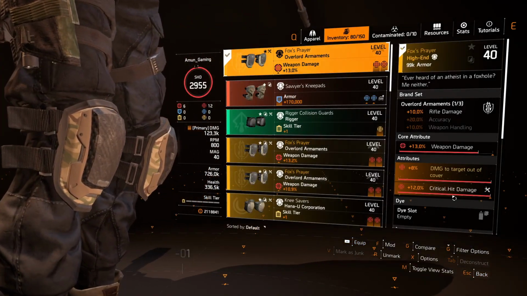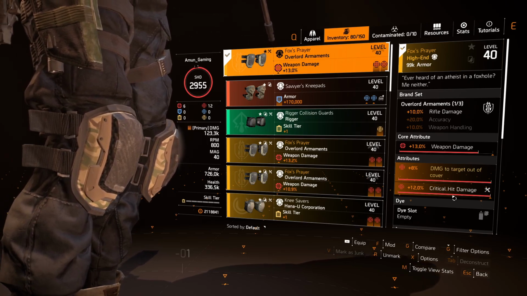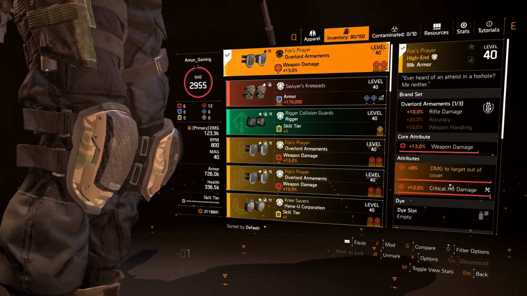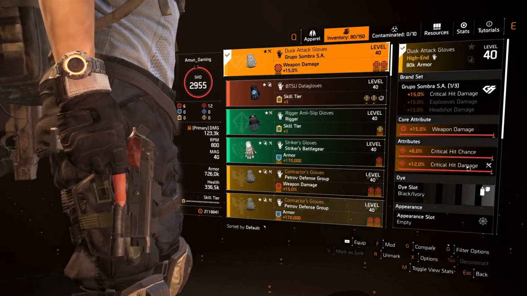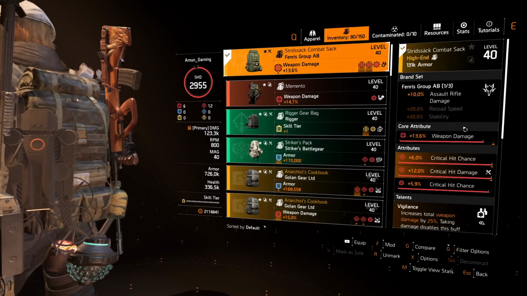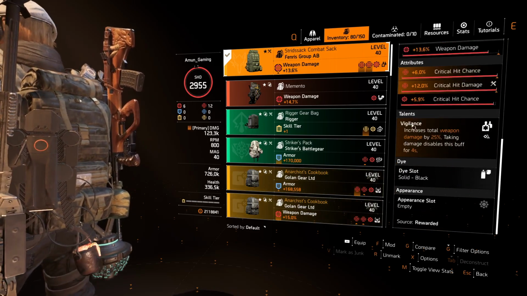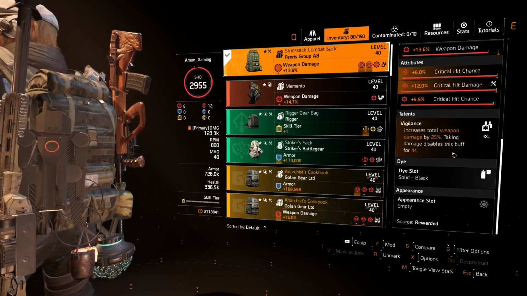Now for the knee pads, I'm using the Fox's Prayer because I'm using the M16, so that will give me more damage, so 10% rifle damage plus the 8% damage to target out of cover, which is multiplicative damage with critical hit damage and 30% weapon damage. For the gloves, Grupo Sombra to give me that 50% critical hit damage, and for the backpack, I'm using the Fenris to give me the 10% assault rifle damage with weapon damage, critical hit chance, critical hit damage. Also a mod for critical hit chance with Vigilance, because obviously I'm staying in the back as much as I can. I rarely shoot the weapon, the Bighorn,